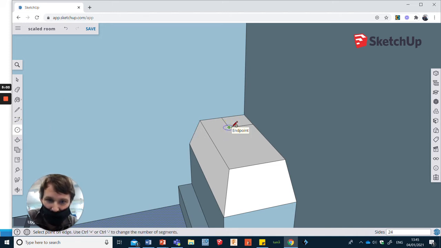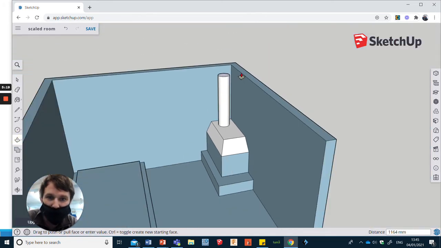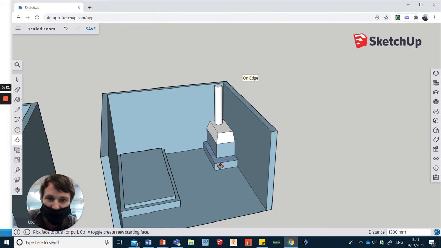If I go on that corner, I know that the centre of the circle is 250 millimeters away from all of these sides. So let's go there. I now use my eraser tool to delete these lines that we don't need anymore. Push pull this one up. We'll just go to the surface there. There we go. There's my